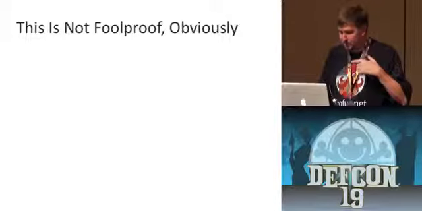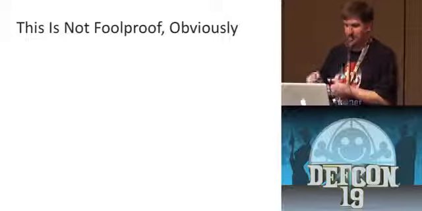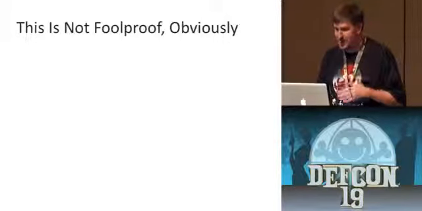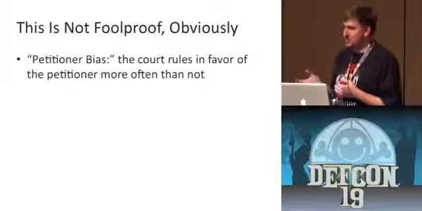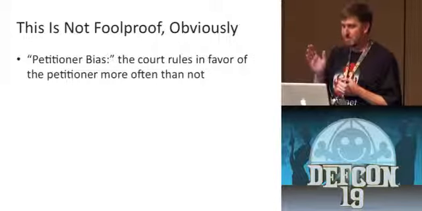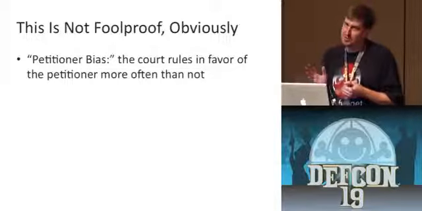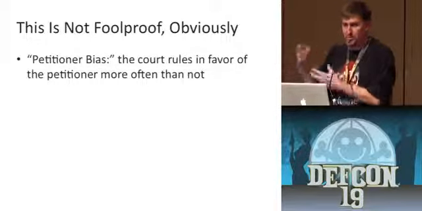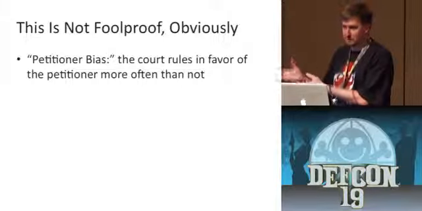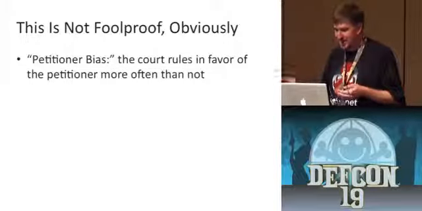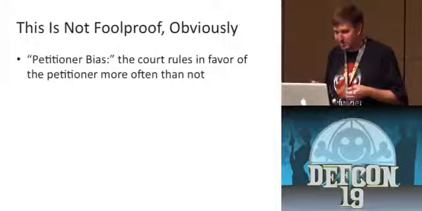But a couple of points, even before thinking about doing more sophisticated analysis, even at this level, the court just tends to rule in favor of petitioners. It's about a 55-45 split there. And that kind of stands to reason too, because why would you grant certiorari to someone who's petitioning you? Why would you agree to hear the case of someone who you didn't think had a point? So if the Supreme Court's going to take a case, they probably think there's at least some merit to it.